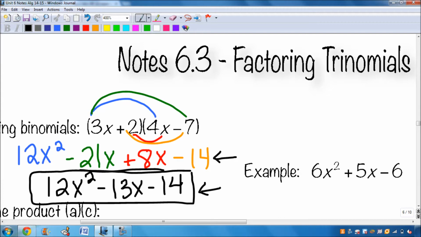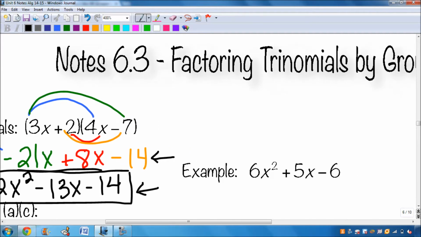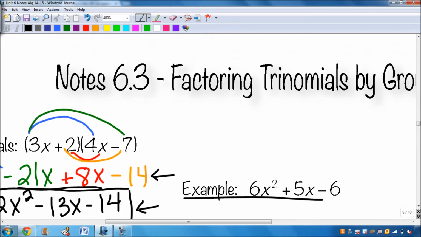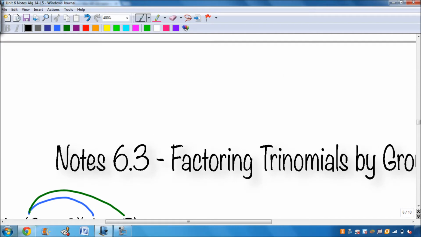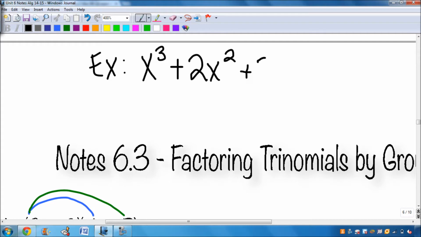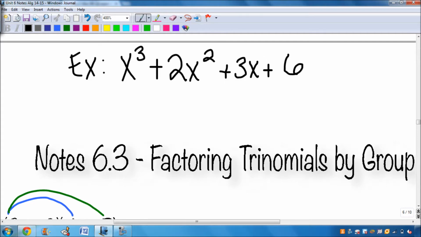Okay, so before we do this example right here, I want you to write two things on the top of your paper. The first thing I want you to write is an example. So if you had x cubed plus 2x squared plus 3x plus 6, how do you factor by grouping? Well, to factor by grouping, you are going to group this into 2 separate expressions. So we're going to take the first 2 terms together as one expression, and then the last 2 terms together